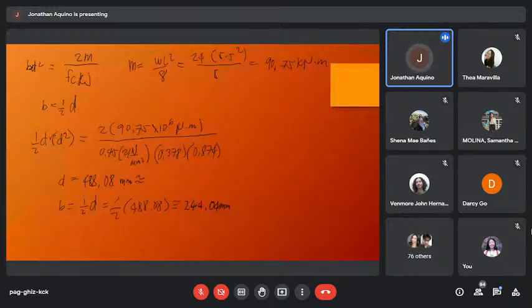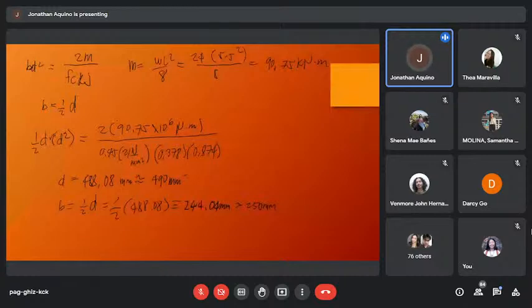So in this problem, okay, let's say D is 490. So kasi dito, hindi pa naman siya H. So 490 millimeter. But your D natin, so round off natin siya into nearest 25 millimeters. So let's say B is 250 millimeter. So from that, we have now the value of B and D. Next is to solve for